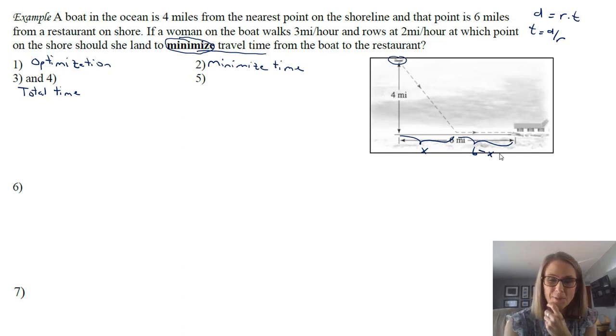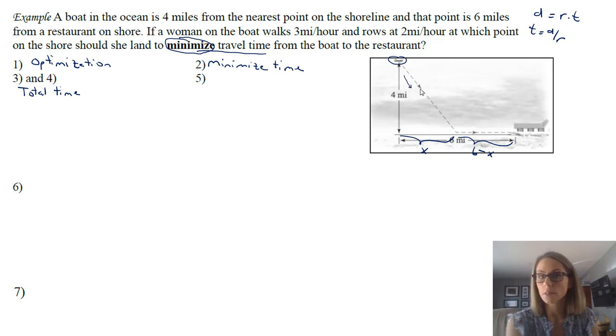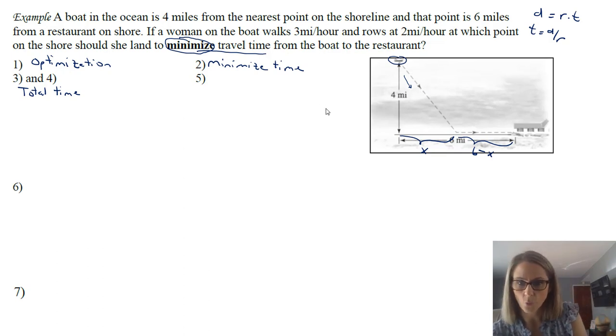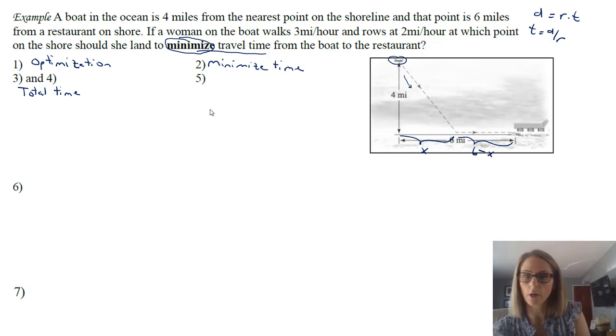And what we're going to be using here, not surprisingly, is the Pythagorean theorem, because it's important to us to know this distance right here. This distance is important because that would be the rowing at 2 miles an hour. That distance is coming from the rowing, not the 4 miles, because she's not going to go like this. She's going to do some sort of diagonal here to be quicker.